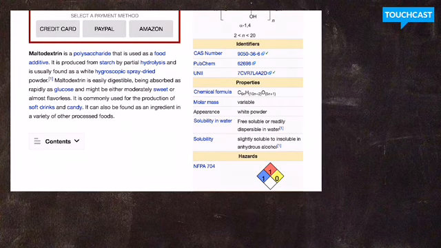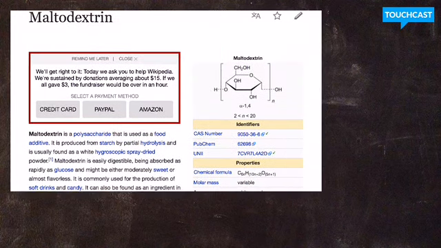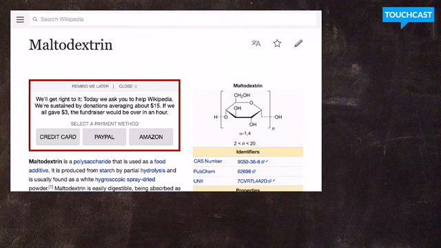I would never expect you guys to actually look this stuff up, but why not? So maltodextrin, as you can see, is a polysaccharide, and it's used as a food additive, and sure enough, Kool-Aid's got it in there. So this is the basic structure of maltodextrin. It looks like we've got these hydrocarbon chains, but I don't know if you guys remember me telling you this in class, but anytime you see these OH bonds,